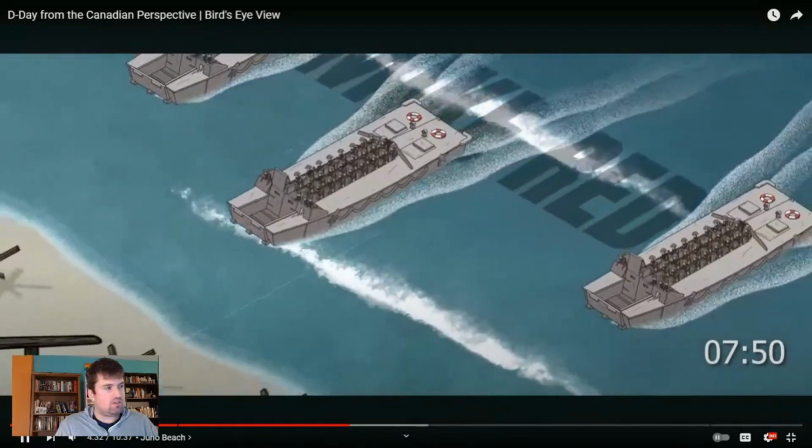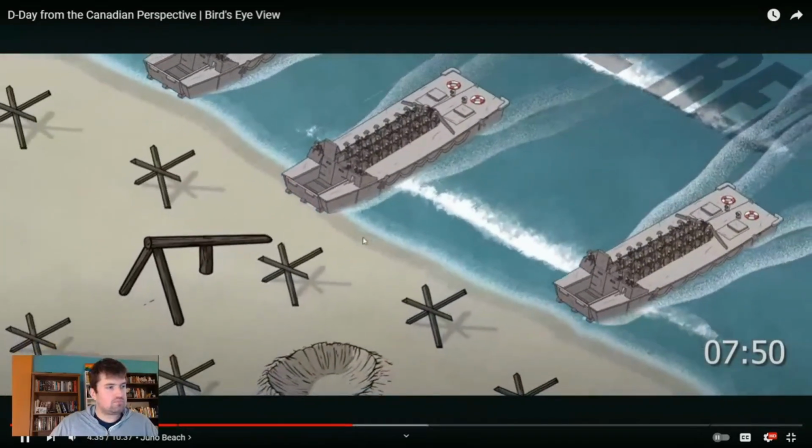At around 7:50, landing craft carrying engineer elements of the Royal Winnipeg Rifles are the first to